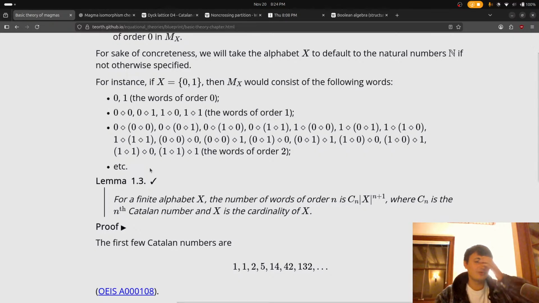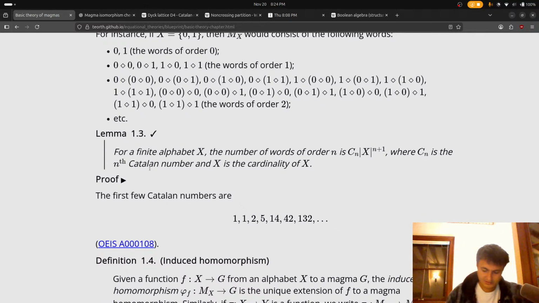Okay, but then they say something weird. And this is what I don't get. Lemma 1.3. For finite x, the number of words of order n is Cn times the size of x to the n plus 1.